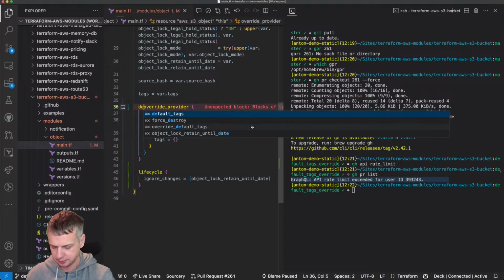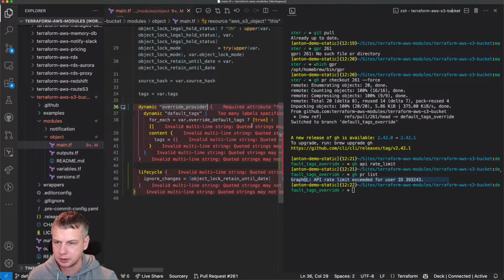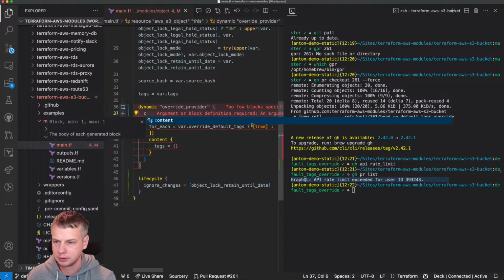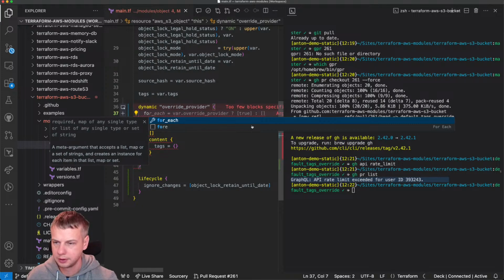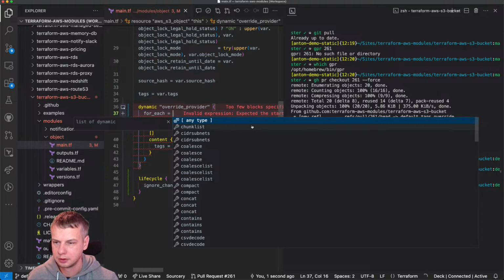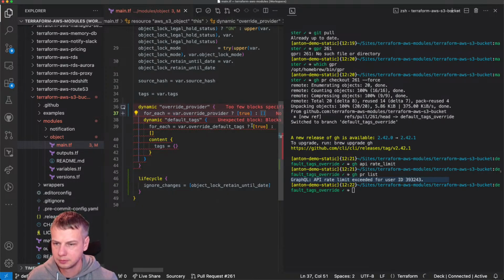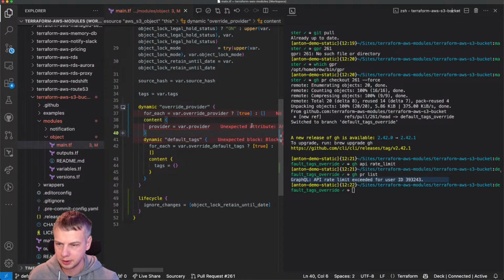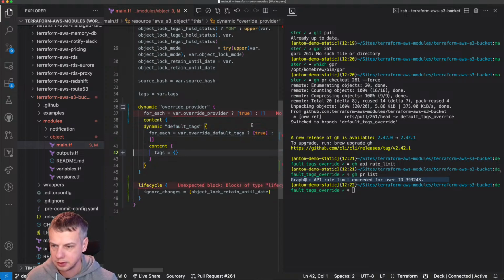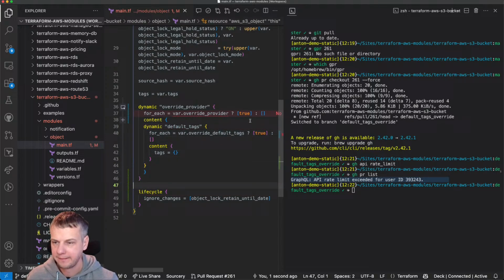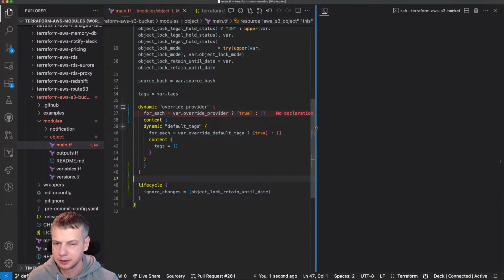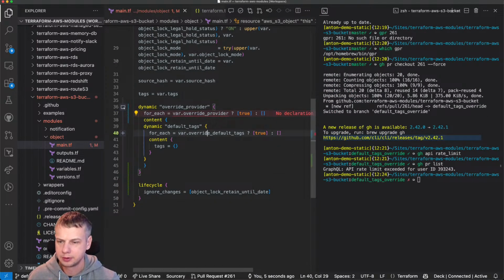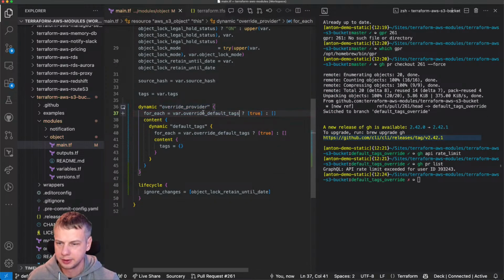So let's say it's going to be a dynamic for_each. Where is my awesome autocomplete like this? You see, I cannot live without it. Okay, it's a good start at least. So when users specify that they want to override default tags, then we render this block.